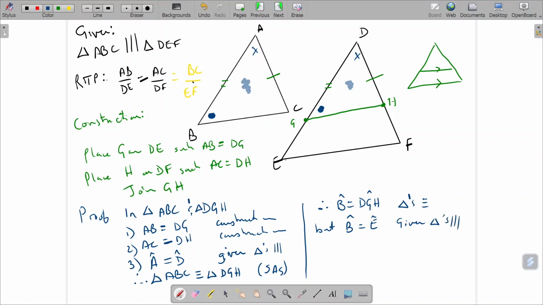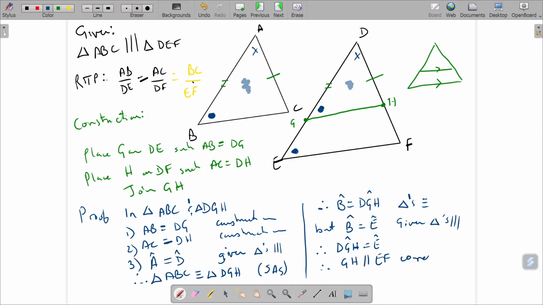But if B equals the angle at G and B equals the angle at E, it must follow that the angle at G, angle DGH, equals angle E, because they have B in common, and therefore it must follow that GH is parallel to EF, because the corresponding angles